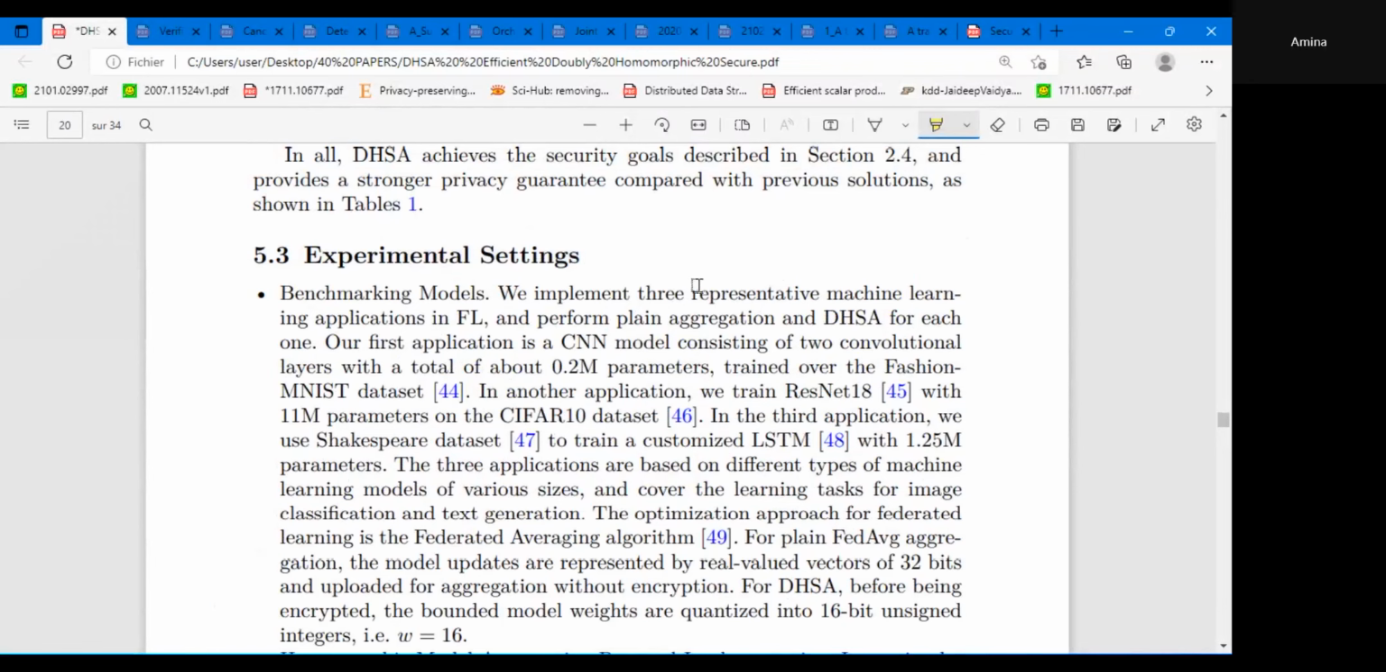This is the experimental setting. So the benchmarking models: we implement three representative machine learning applications in federated learning and perform plain aggregation and doubly homomorphic secure aggregation for each one. Our first application is a CNN model consisting of two convolutional layers with a total of about 0.2 million parameters, trained over the Fashion-MNIST dataset, and in another application we train ResNet with parameters on the CIFAR-10 dataset, and